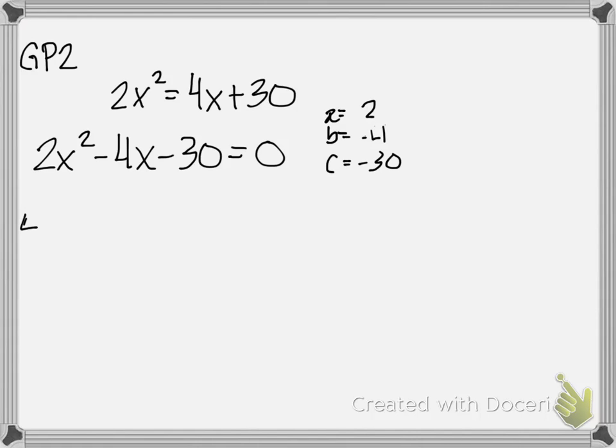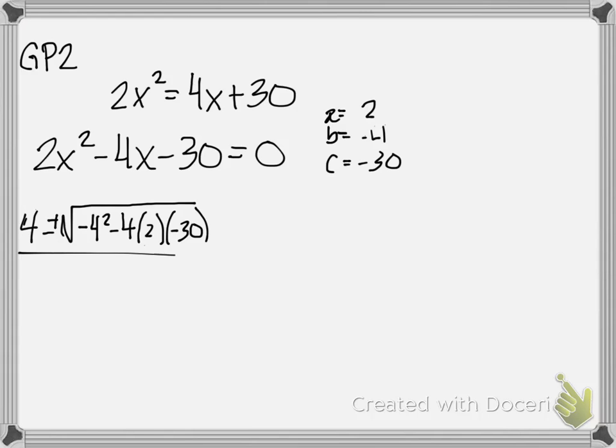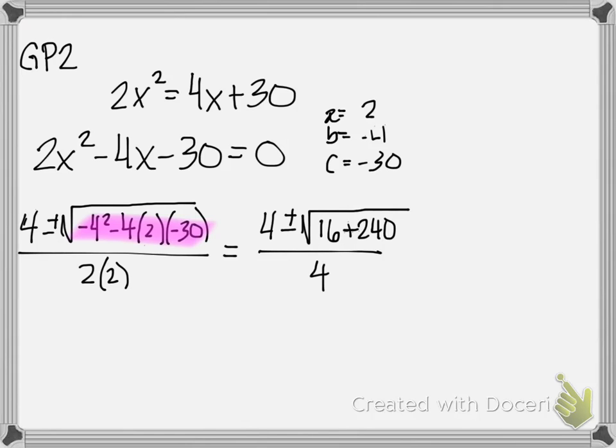We have a formula, opposite of b plus or minus the square root of b squared minus 4 times a times c. And that's going to be all over 2a. So we'll continue to simplify the discriminant. Again, all of the stuff underneath your square root symbol is called the discriminant. That's 16 plus 240 over 4. So that's 4 plus or minus the square root of 256